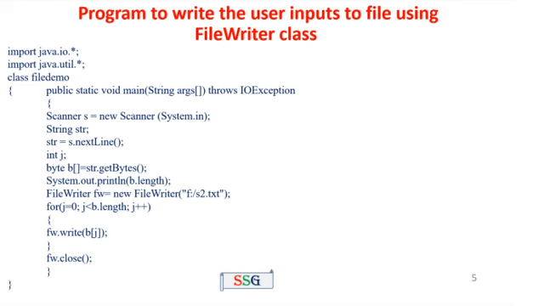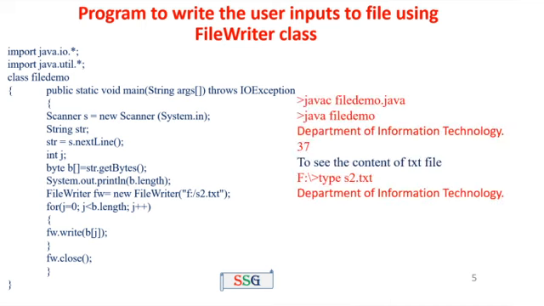After creating s2.txt, the cursor points to the first position in the file. The next one, for (j = 0; j < b.length; j++), then fw.write(b[j]). That means the byte array inputs are written into the file from the 0th index position to the n-1 index position. Now all the contents are written into the corresponding file s2.txt. After writing all the contents, we have to close the file with fw.close(). That is, the file will be closed here. Then the first closing curly brace is for public static void main, and the second closing curly brace is for FileDemo.